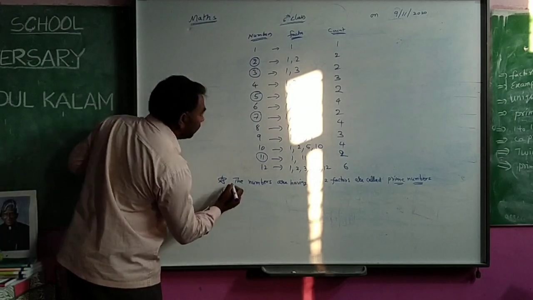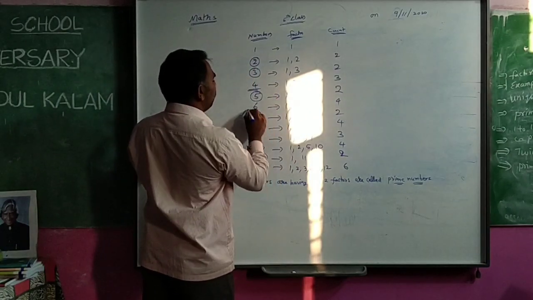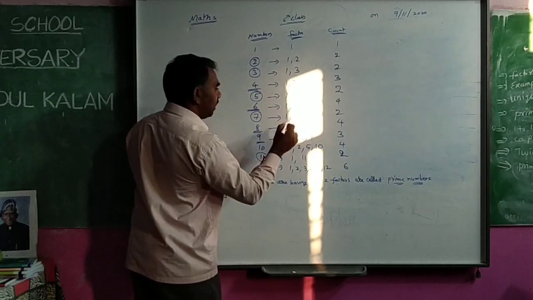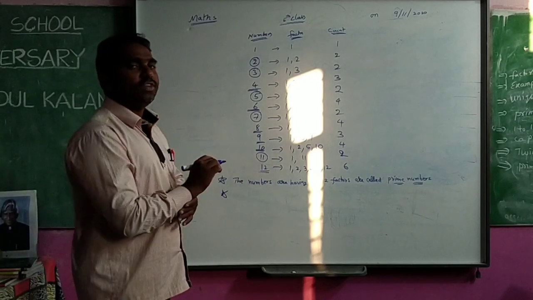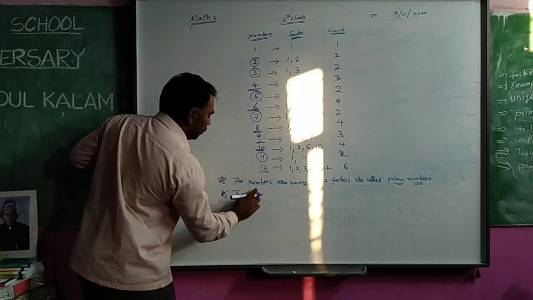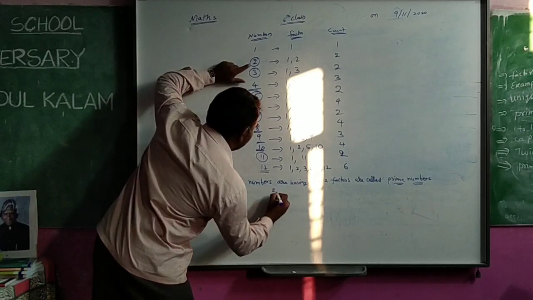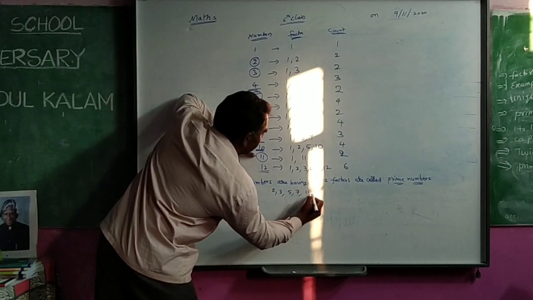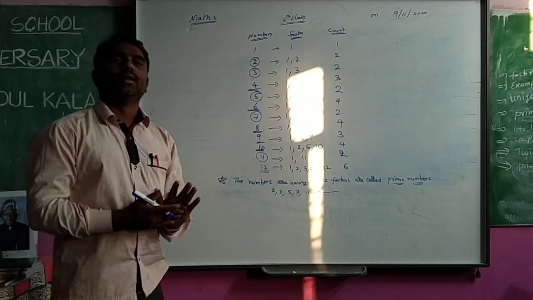And some numbers, you see, are having more factors here. 4 is having 3 factors. 6 is having 4 factors. 8 is having 4. 9 is having 3. 10 is having 4. And 12 is having 6. These are numbers having more than 2 factors. So here, examples I will write first. What are the prime numbers here? You see 2, 3, 5, 7 and 11 and so on. Not only that, 13, so many will come. If you continue like that, you can say.